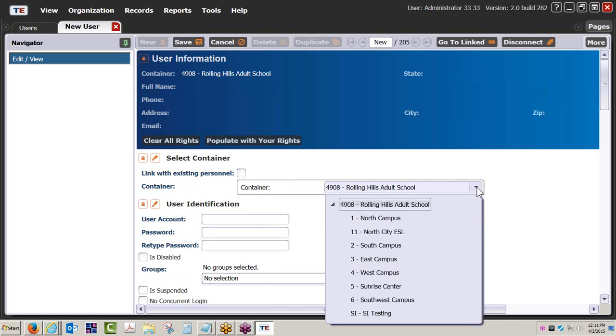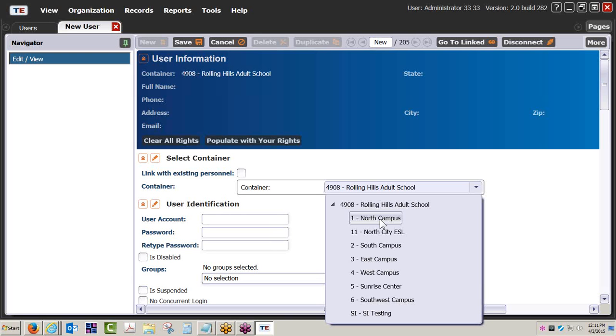Yes, that's a good question. Only CASAS adds sites. Local users or local agencies are not granted the ability to add additional sites. And here again, this is due to adherence to test security, because sites are either identified as a testing site or non-testing site. And so CASAS must be notified of all sites. Even if it's a site that you have no intention of administering CASAS tests or CASAS web-based tests specifically, CASAS still needs to be notified of that site